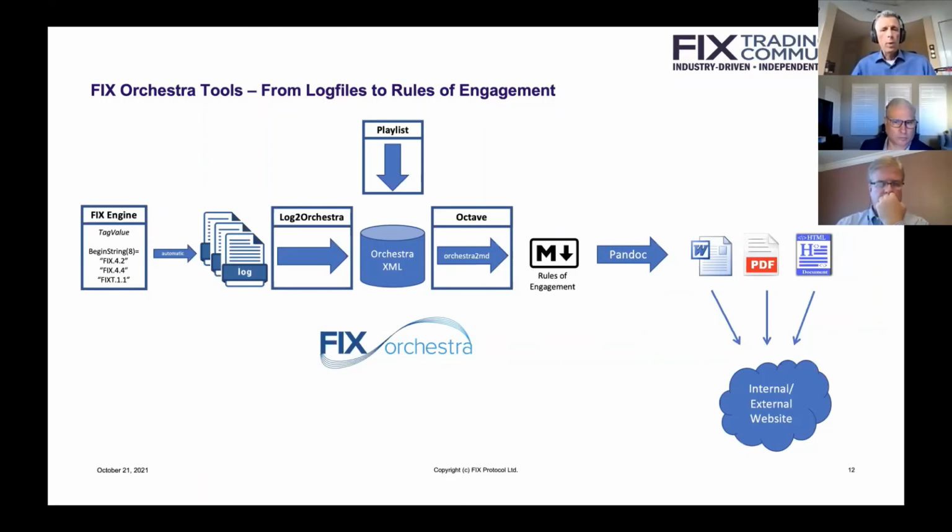And then play around with Tablature, which is an open source GitHub project, to convert that to Markdown that you see here, Orchestra to MD on the slide. That translates this complex XML code into a more readable Markdown version where you have simple tables for your messages. And there's also a tool, MD to Orchestra, where you can convert that back to Orchestra. So you can author your